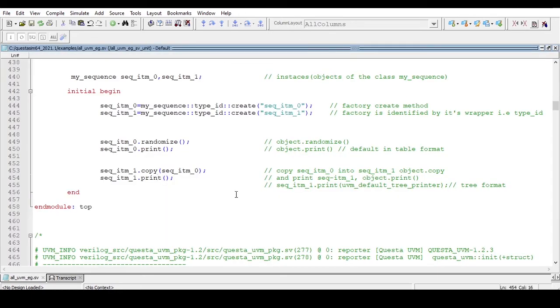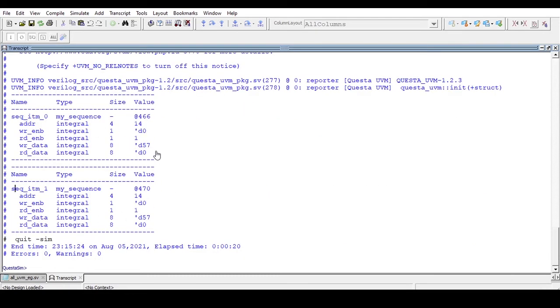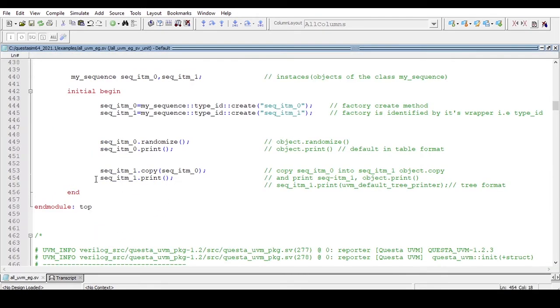Now, in the last video, I told you that the print method by default prints these randomized properties in table format, right? But if I want the print method to print in tree format, then within the empty parentheses I need to write UVM underscore default underscore tree printer.